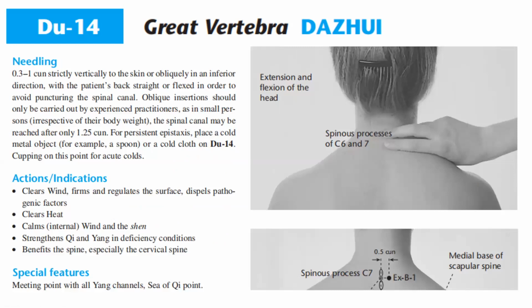Needling: 0.3 to 1 cun, strictly vertically to the skin or obliquely in an inferior direction, with the patient's back straight or flexed in order to avoid puncturing the spinal canal. Oblique insertion should only be carried out by experienced practitioners. In a small person, irrespective of their body weight, the spinal canal may be reached